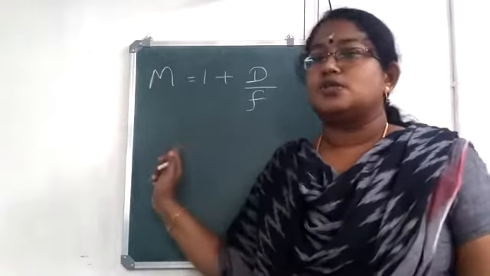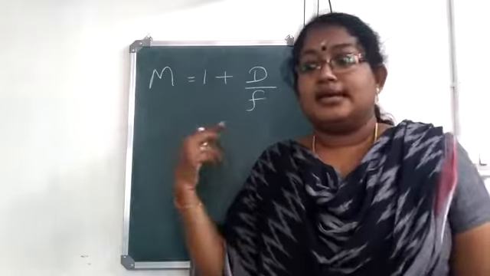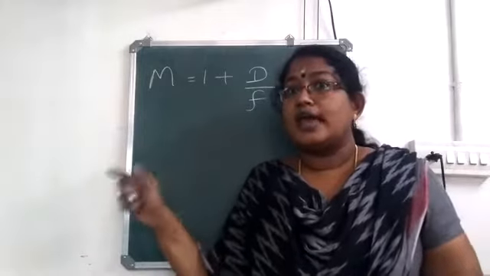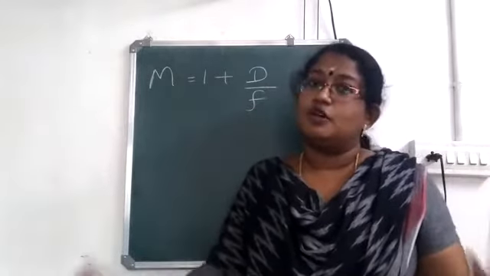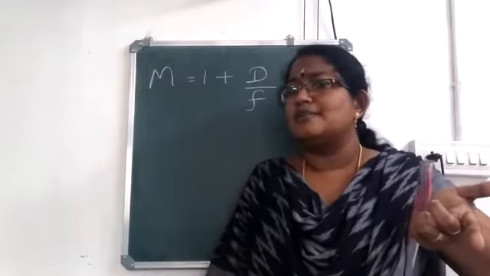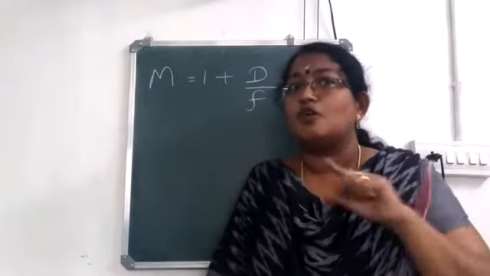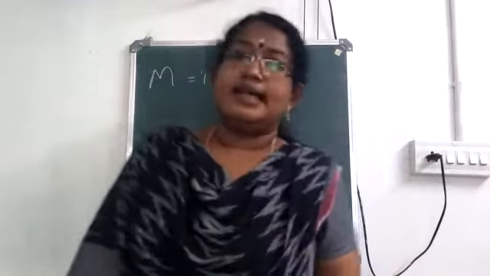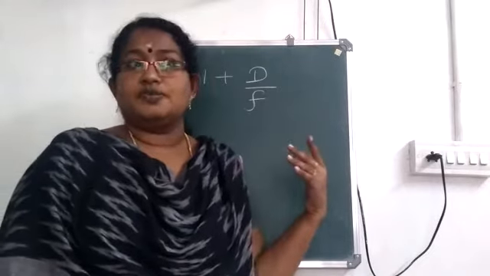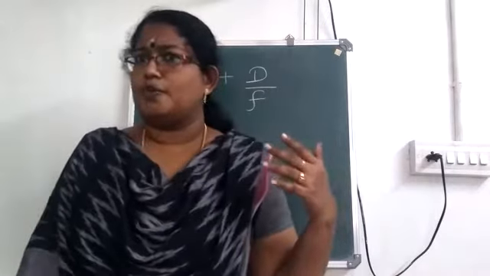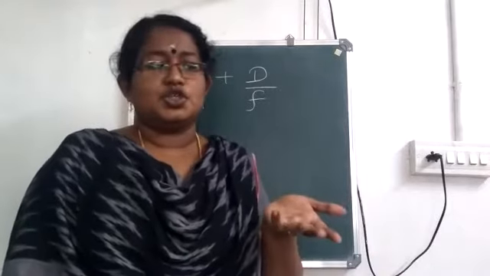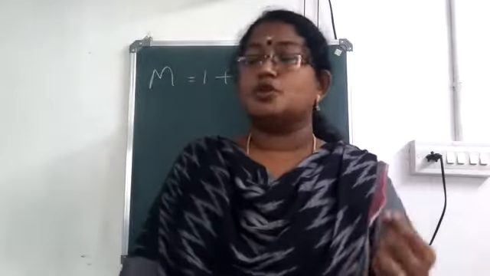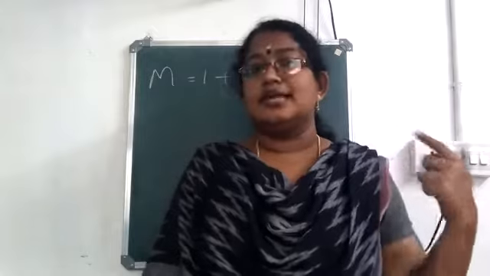This question also came many times in the board exam. How can you calculate the magnifying power of a simple microscope? Then how can you increase the magnifying power of a simple microscope? By using a lens of shorter focal length. Now, about the uses of a magnifying lens. What are the uses of this magnifying lens or simple microscope? Already I told you, it is used in watch shops. In order to see the tiny parts, they use it. Then almost all optical instruments use lenses.